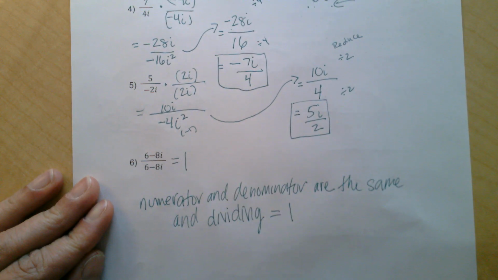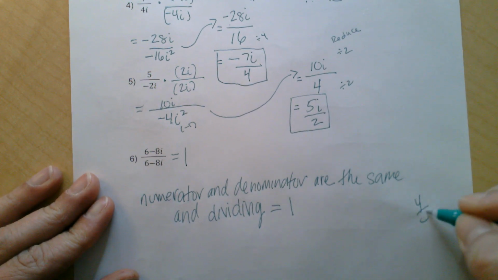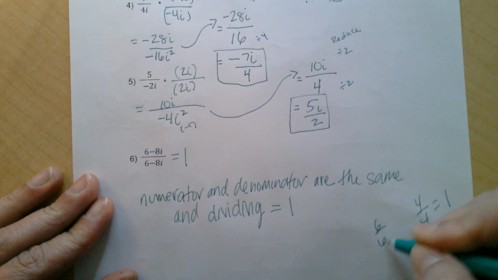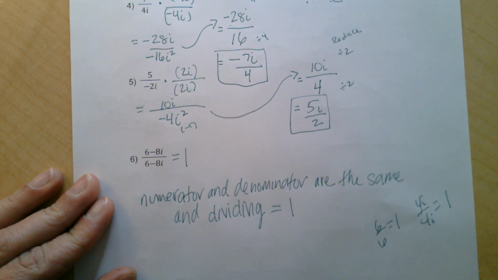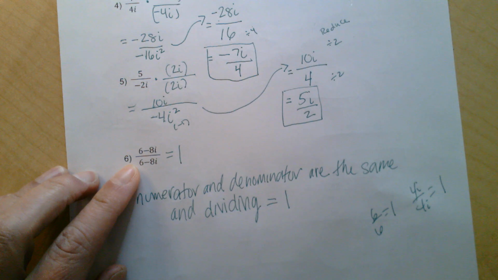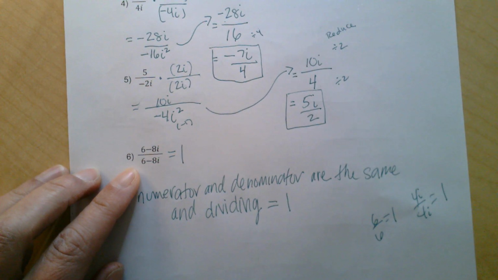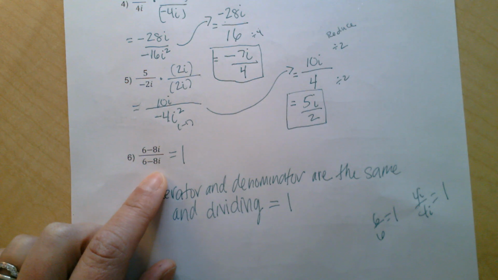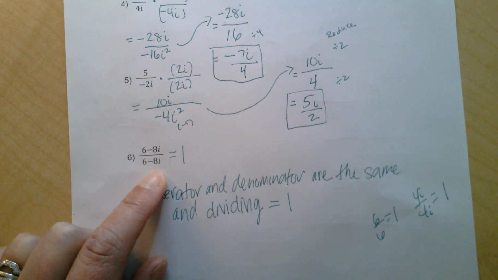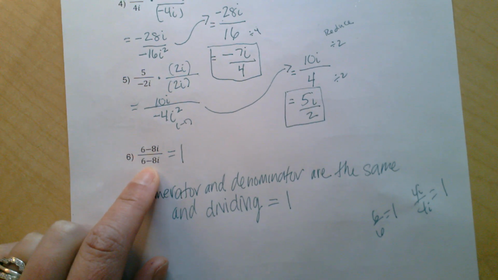That's because anytime you divide a number by itself, it's 1. 4 divided by 4, 1. 6 divided by 6, 1. 4i divided by 4i, 1. 6 minus 8i divided by 6 minus 8i, 1. So this is a notice one. You have to notice. But you also have to be careful because these signs, minus and minus, do have to